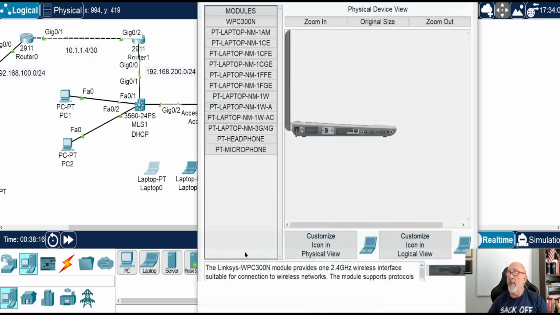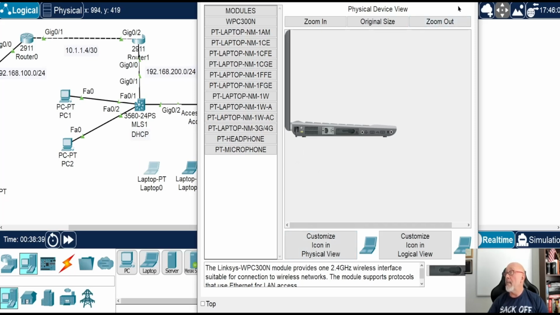So we're going to go to the first laptop. You can see that it's a wired NIC card. We're going to turn it off. Click, select, bring it down to this yellow area. Disappears. You can just grab this from right here. It's the same thing as this WPC right here. So I'm just going to grab it right here. Okay, that's done. Okay, and then turn it back on.